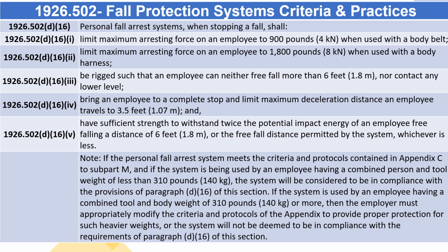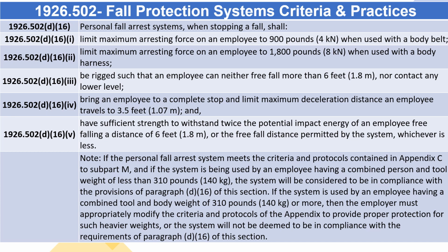1926.502 D16: Personal fall arrest systems, when stopping a fall, shall: D16(1) through D16(5): limit maximum arresting force on an employee to 900 pounds (4 kN) when used with a body belt; limit maximum arresting force on an employee to 1,800 pounds (8 kN) when used with a body harness;